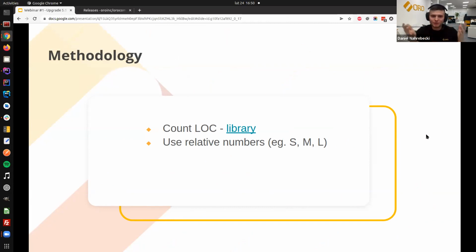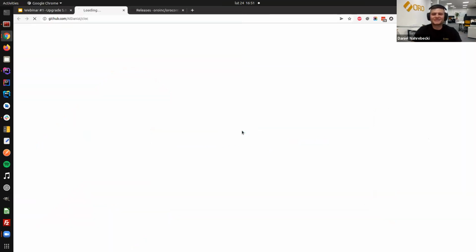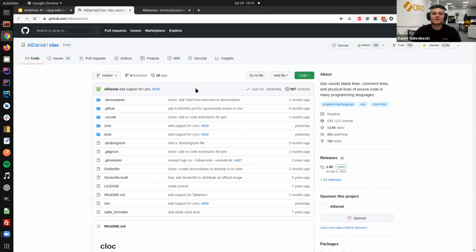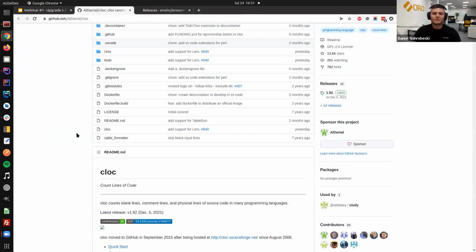And we are all lazy developers, and in that good meaning, lazy meaning finding a way to automate or make it a bit quicker. So one of the approaches, one of the methodologies that we have chosen was to count lines of code. Still, okay, I have like 3,000 lines of PHP